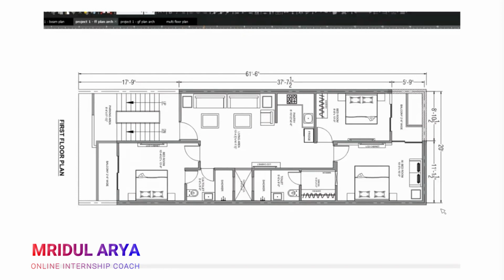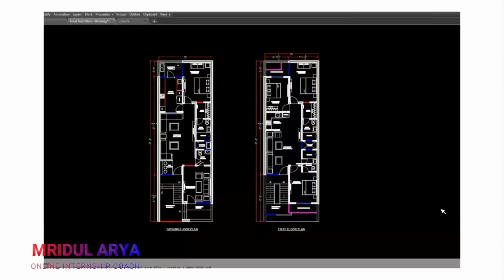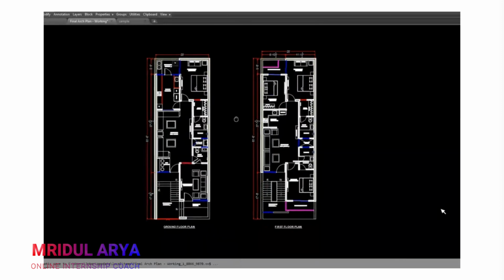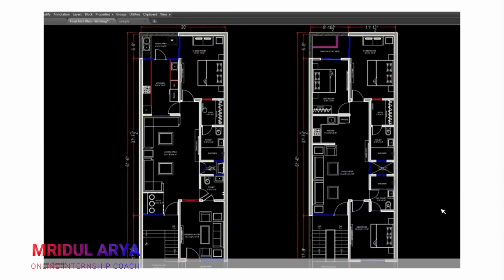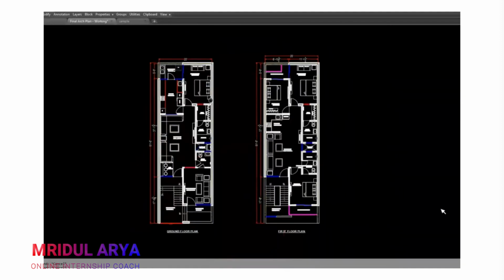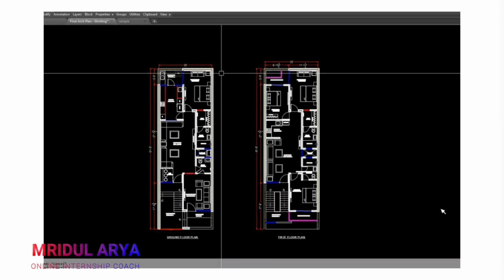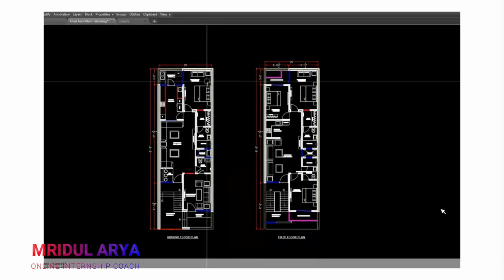Now, what we will do is compare these two plans in our AutoCAD model. As you can see, we have an AutoCAD model of these two plans. First, I will remove all the unnecessary things from these plans.